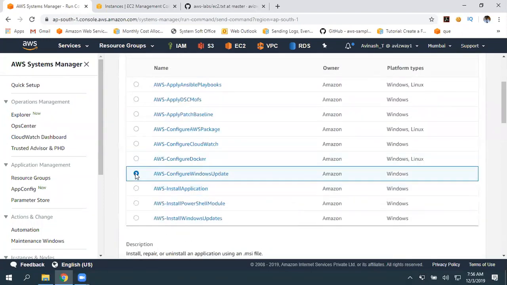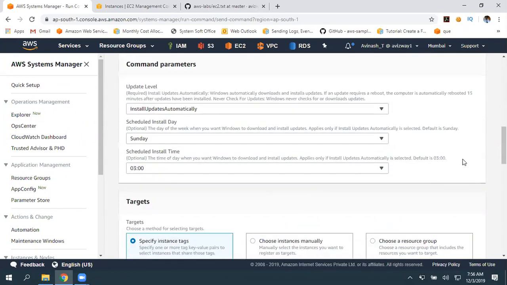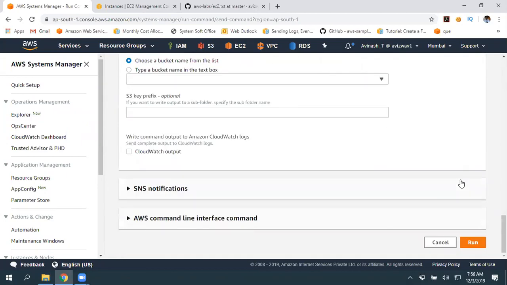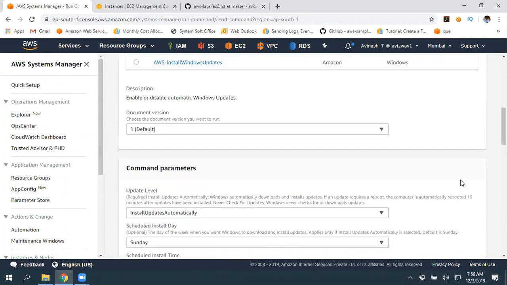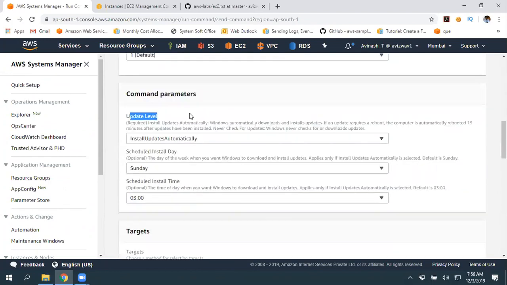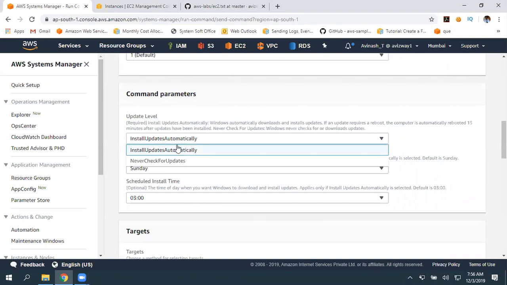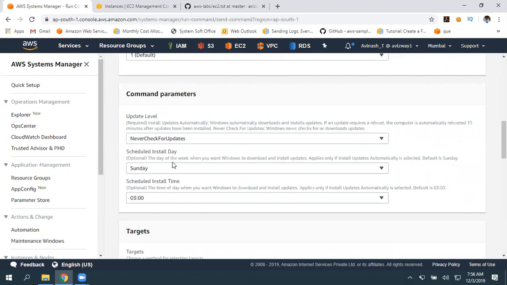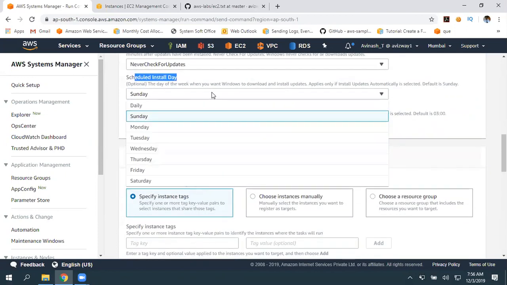And configure Windows updates. Here, when do you want to look for updates for your operating system? Update level: install updates automatically or never check for updates. It's completely our option. Then schedule install day, at what day and what time you want to install.